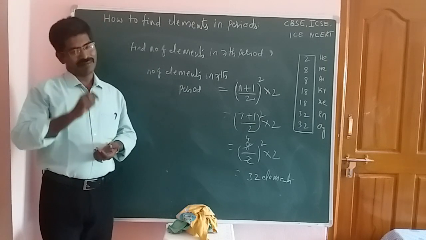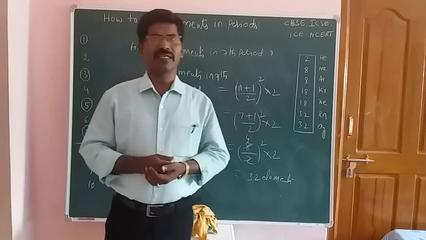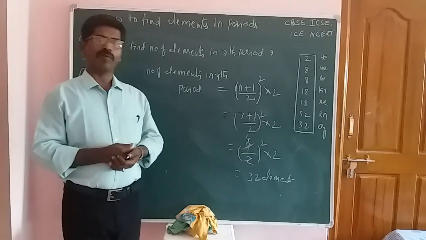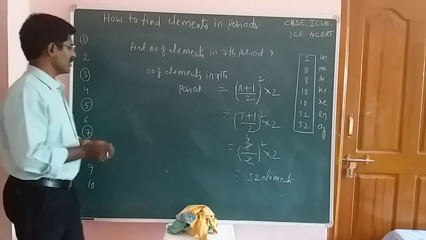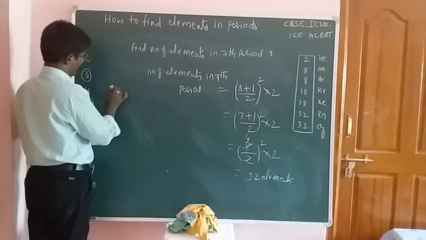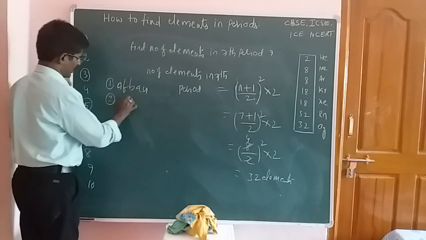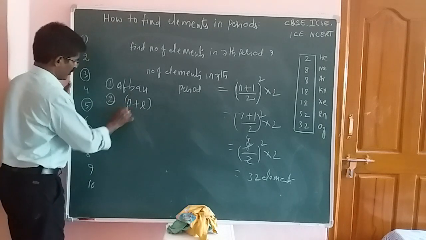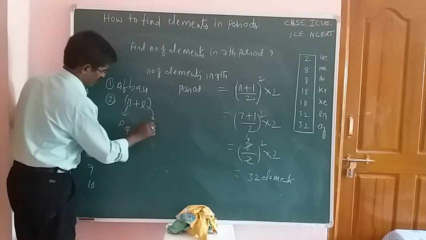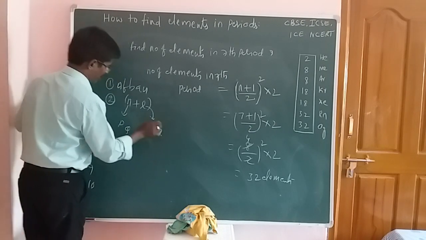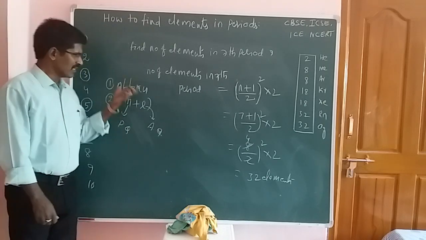In the elements, generally we know, according to the Moeller diagram and by using the n plus l rule and the Aufbau principle. First one is the Aufbau principle. Okay, students. Now first one is the Aufbau principle, and you should maintain n plus l. Here n is nothing but the principal quantum number. Now you should indicate the azimuthal quantum number. So generally we already know how to write the electronic configuration in these elements.